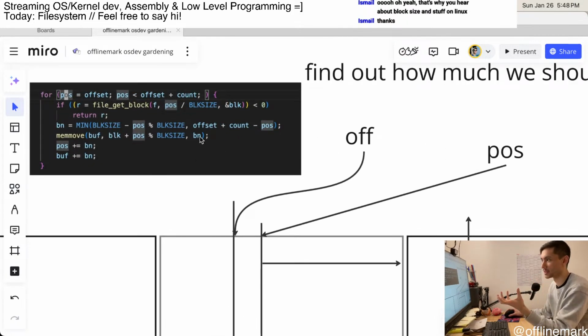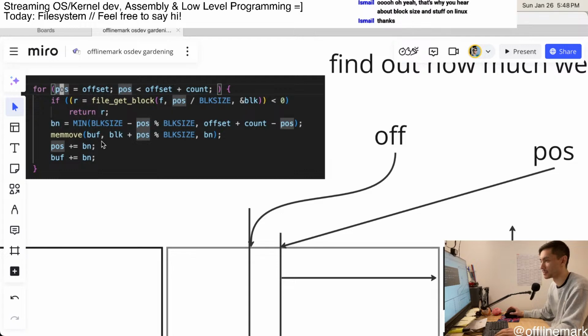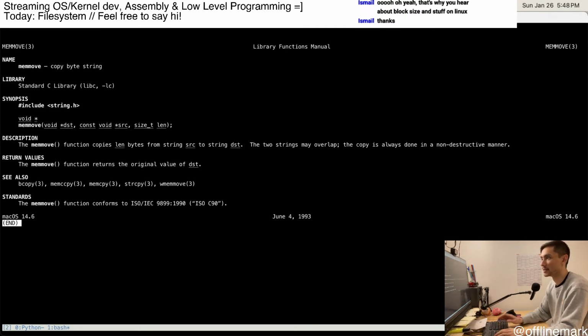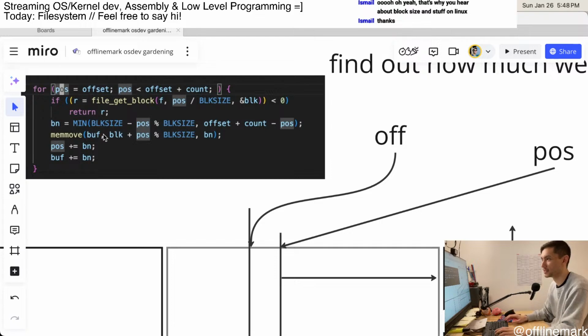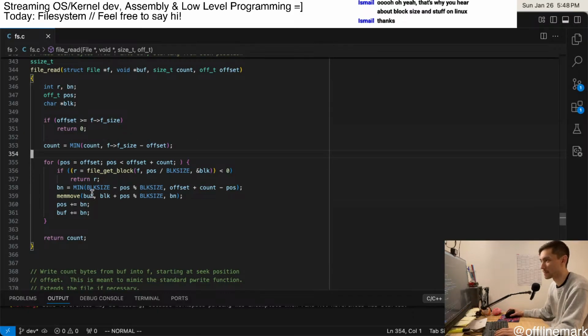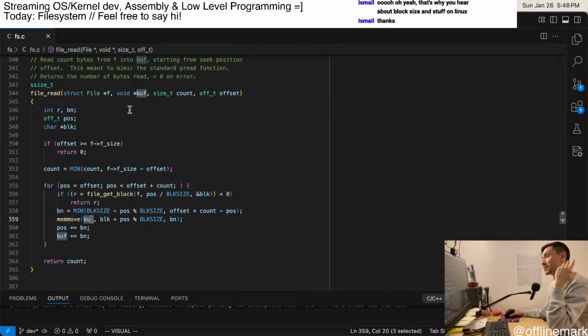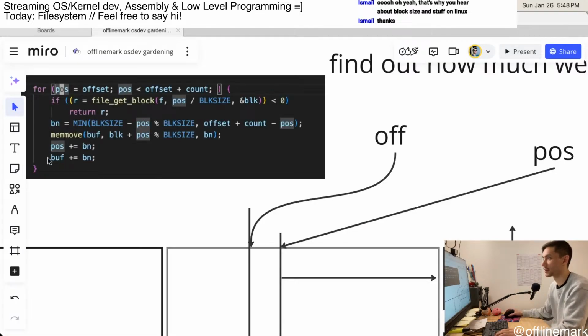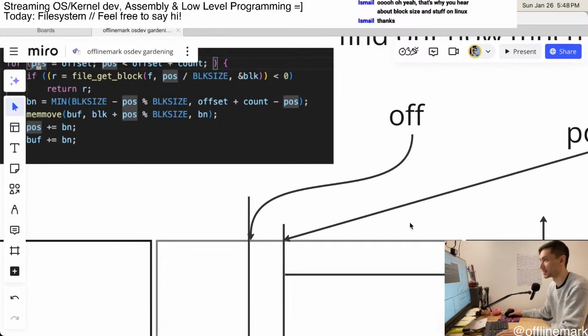And so we're going to copy into, wait, how does mem move work again? Destination source, right? So we can copy into buff. What is buff? Buff is the user pointer that we are receiving. And so we're copying in there from a specific place, and that place is,